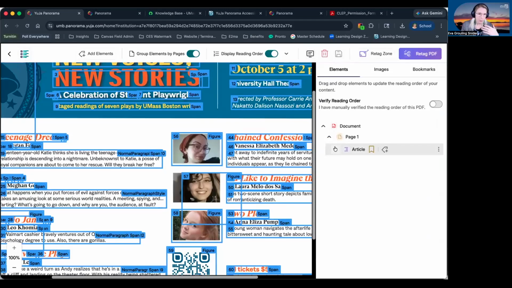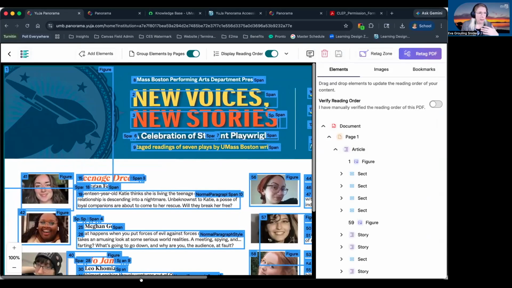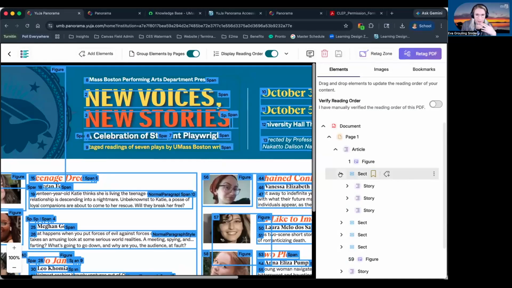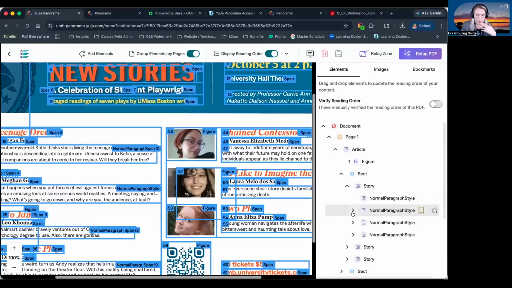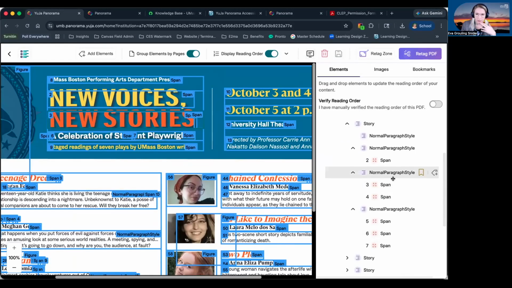So I would want to open up structural remediation and check the order of this document. And in this case, it's starting with this image in the top left corner, and then it's going to the main title, New Voices, New Stories. And then if we go through and double check, sometimes there's a lot of kind of mess in the tags. So this can be a little bit challenging to go through.